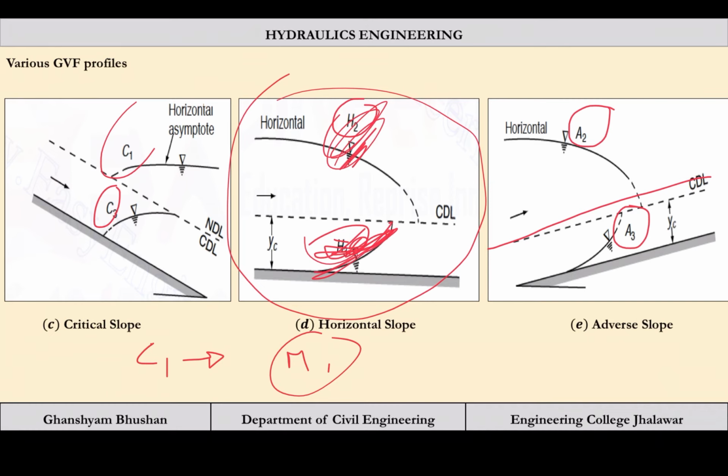So this is all for this chapter. We have completed our chapter on open channel flow. Sorry, this was gradually varied flow. From the next lecture we will be seeing rapidly varied flow. In that we are going to see the hydraulic jump. Here we have seen alternate depths. Alternate depth means the specific energy was the same. Now in the next lecture we are going to see the sequent depths. So it will be much more interesting than this chapter.